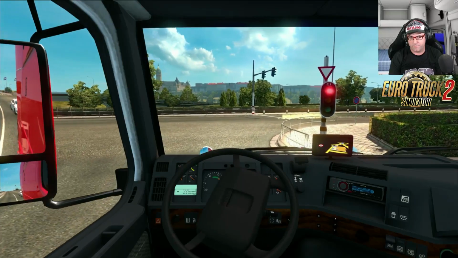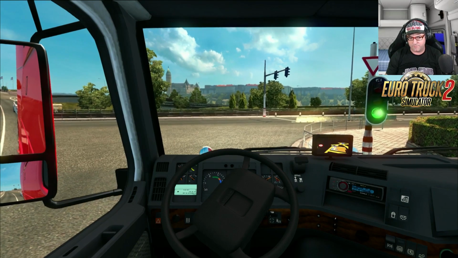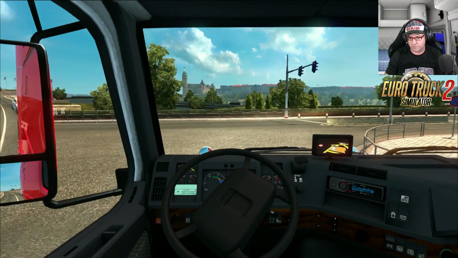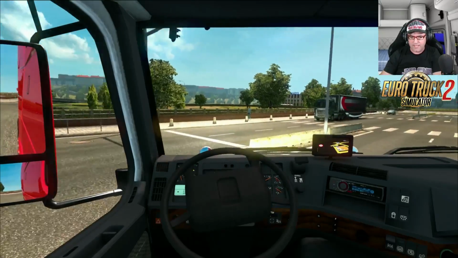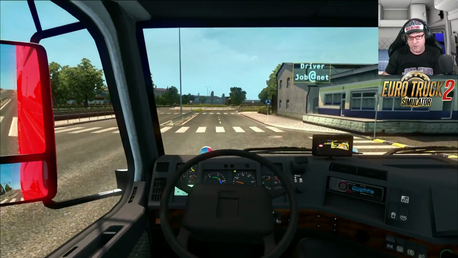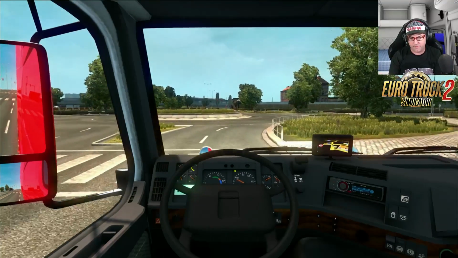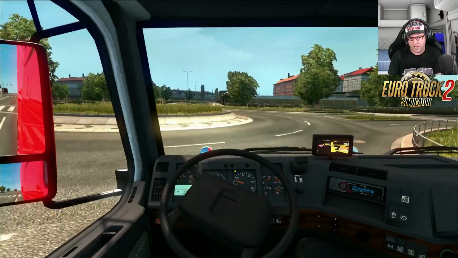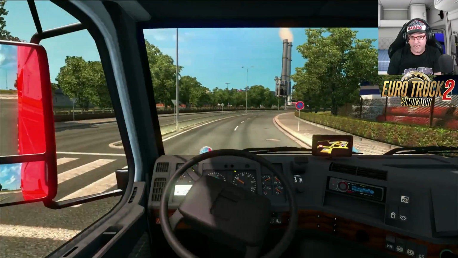Alright, so red light. Come on, red light. We haven't got all day. Thank you. Well, it seems to be driving nicely. I mean, it feels good to drive. Let's try the banana brake. No, there is a banana brake there, but you can't hear the sound really loud, so...